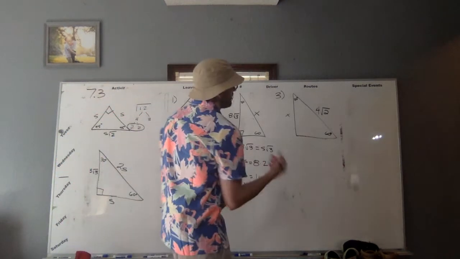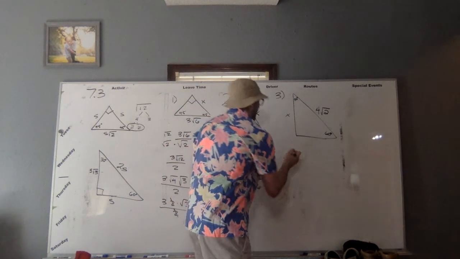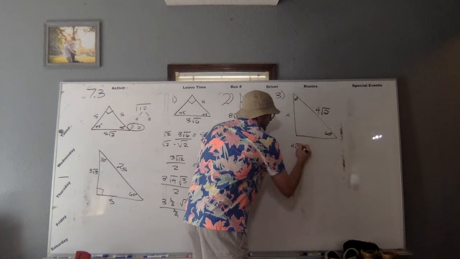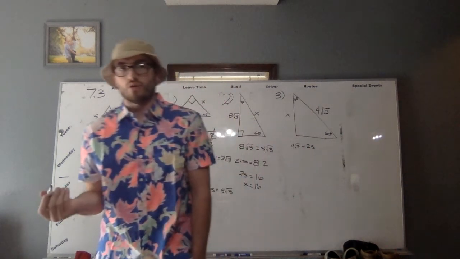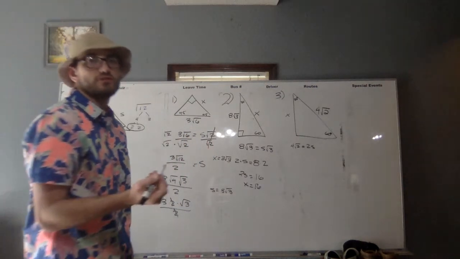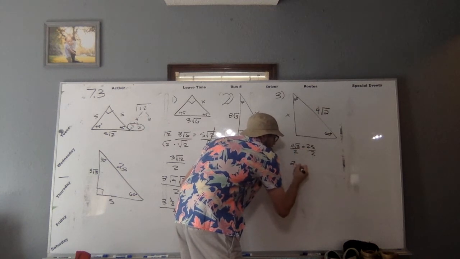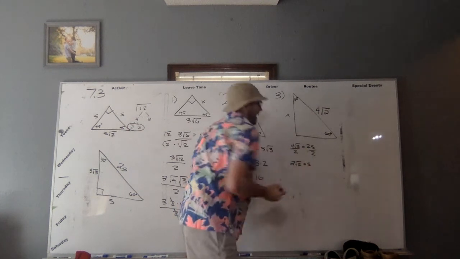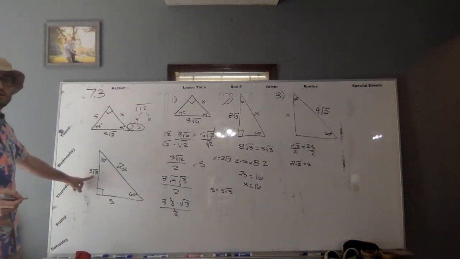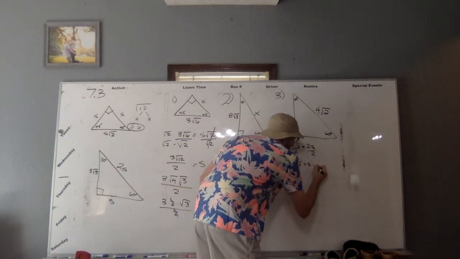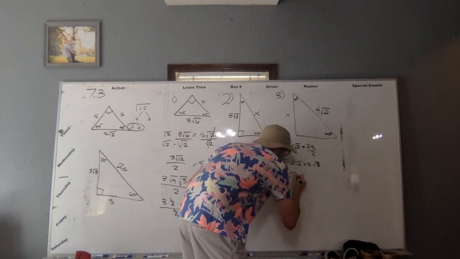Okay? Similar here on number 3, except we're going from hypotenuse back to long side. So now we'd go, okay, that means 4 square roots of 2 equals 2S. And then as always, like the last one, we probably want to go to S first, get our regular side. So divide by 2, that leaves me with 2 square roots of 2 is S. However, I was not looking for the short side. I am looking for S square roots of 3. So that means one last step. Multiply both sides by the square root of 3. So I end up with 2 square roots of 6